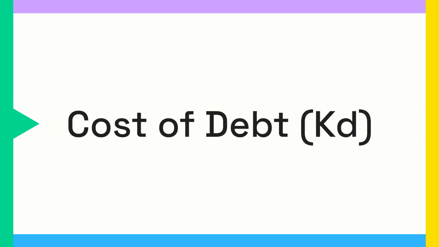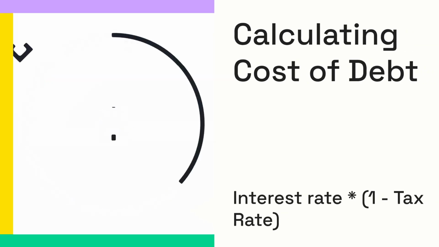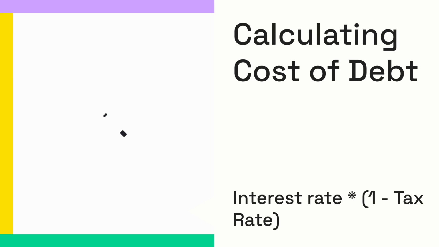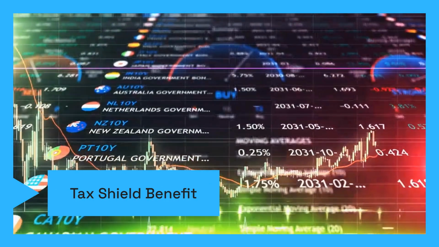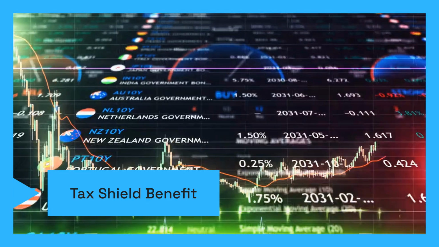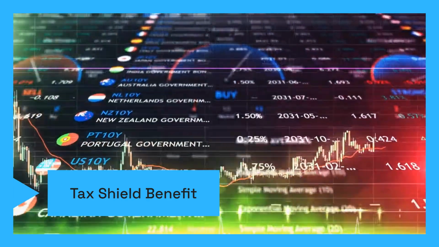Let's begin with the cost of debt, often denoted as KD. This is the effective interest rate a company pays on its borrowings. The cost of debt is essentially the interest rate on new borrowing, adjusted for taxes, since interest payments are tax-deductible. The tax shield is crucial. Because interest payments reduce taxable income, the actual cost of debt to the company is lower than the nominal interest